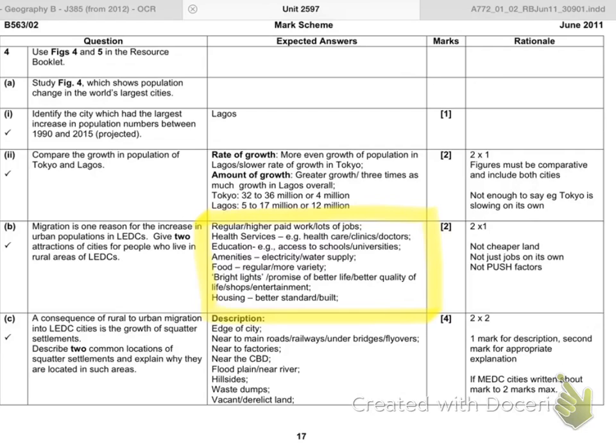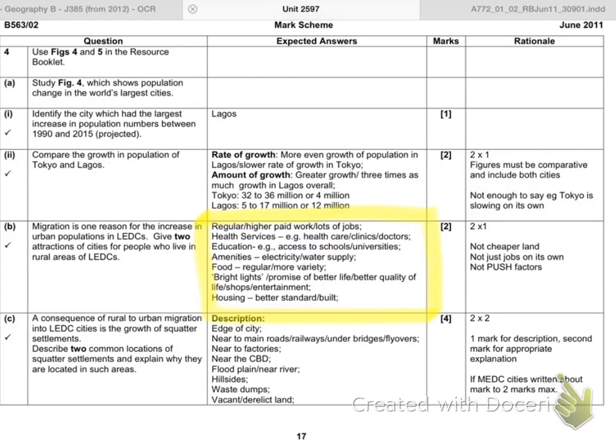Before we move on to question C, some of you might have already had a go at it. I want you to have a think about your squatter settlement case studies. So favelas in Rio de Janeiro, and so on. These are illegal settlements. They've not been given any permission to be built. So if you were trying to build an illegal settlement, what would you want it to be near to? You're migrating from a rural area to the city, so get yourself in the mindset of these migrants.